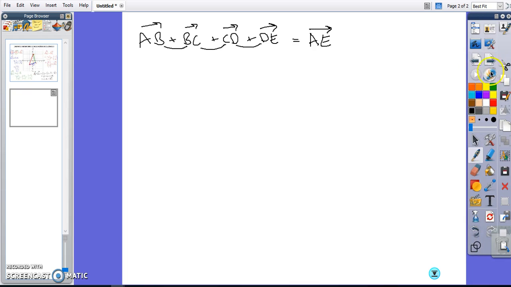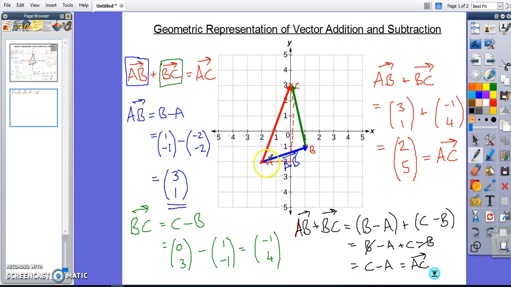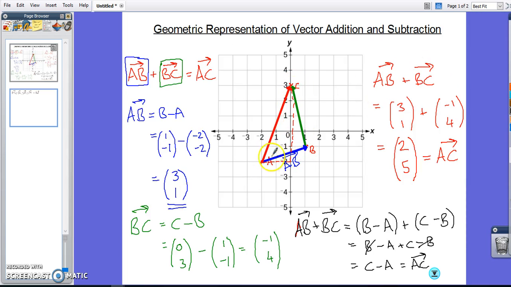Now in terms of the geometric representation, the way that these vectors have been represented is actually the way that we represent vector addition. And I found this a little strange when I first learnt it, I have to say, because actually what this diagram says is if we go from here to here, it's exactly the same as going from here to there